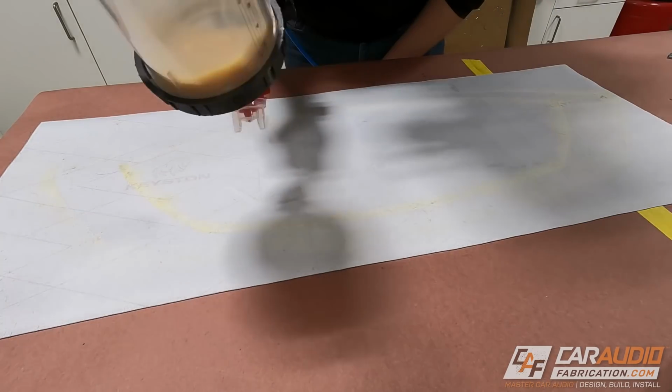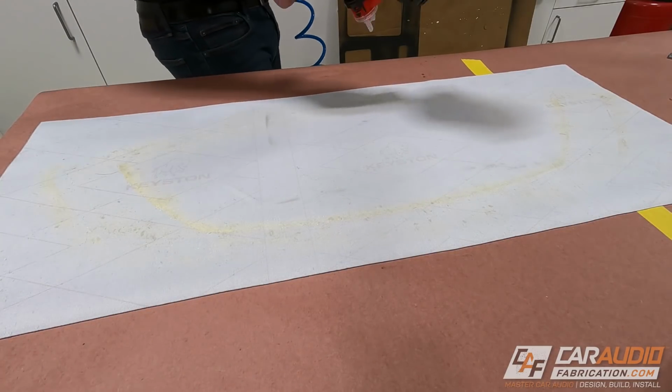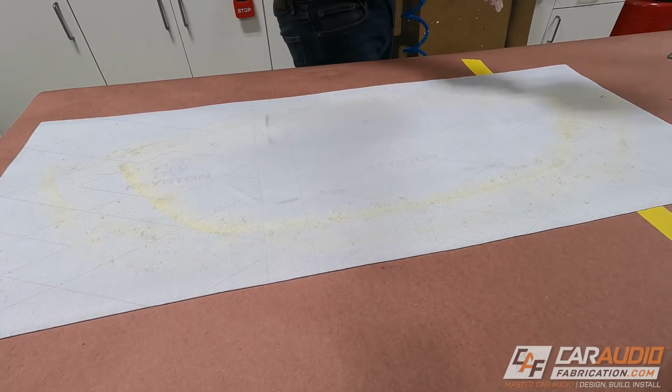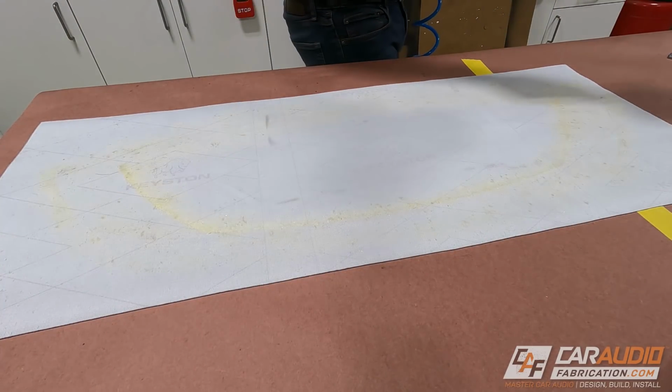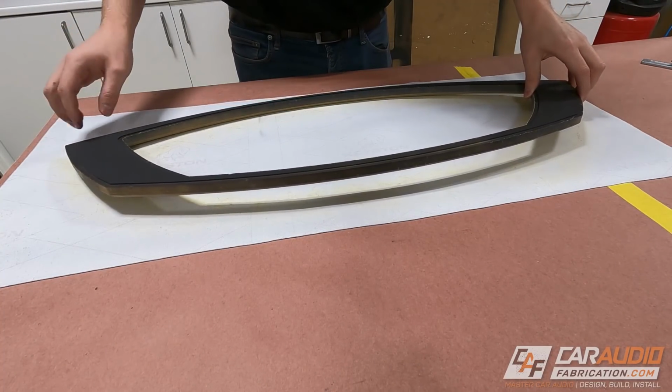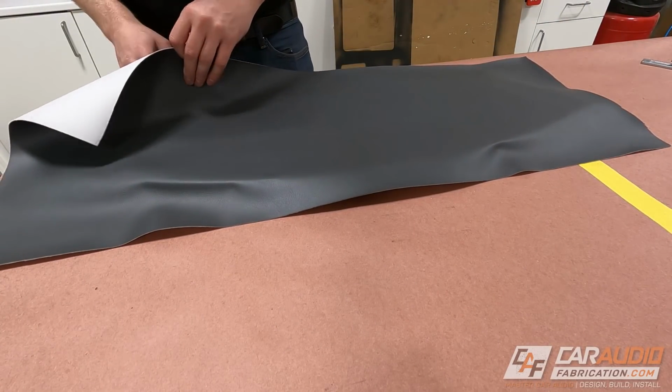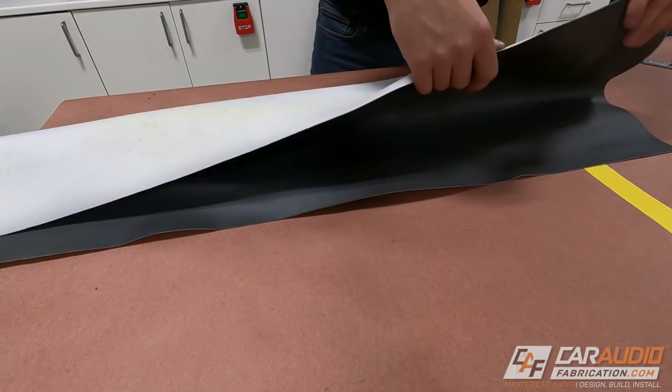So I've got that done, and it's a little difficult to see here because of the light color of the back side of this vinyl, the backing being white, but I am applying all the glue on that surface. After again giving the glue plenty of time to dry, this is where it gets fun. We can stick those pieces together, flip it over, and we're going to start to work the vinyl first into